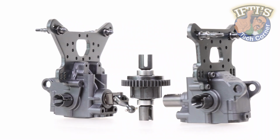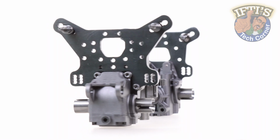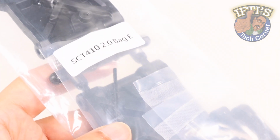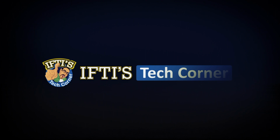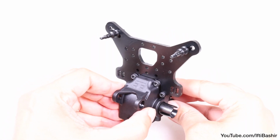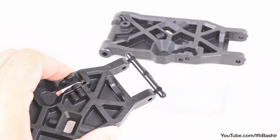With front and rear gearboxes complete, along with the centre differential, it's time to start building out and adding more to the gearboxes, and so it's on to Bag E, rear end assembly. With this bag we are looking at the rear assembly, so we'll need to work with the rear gearbox section we've built from the previous bag, and with that to hand we can go ahead and empty the contents of